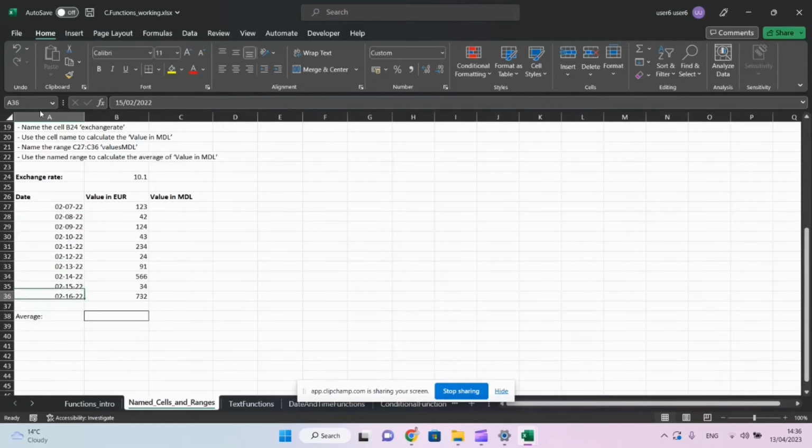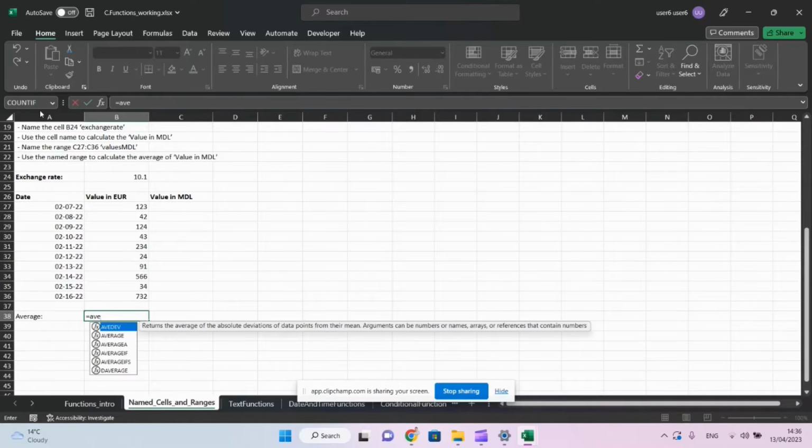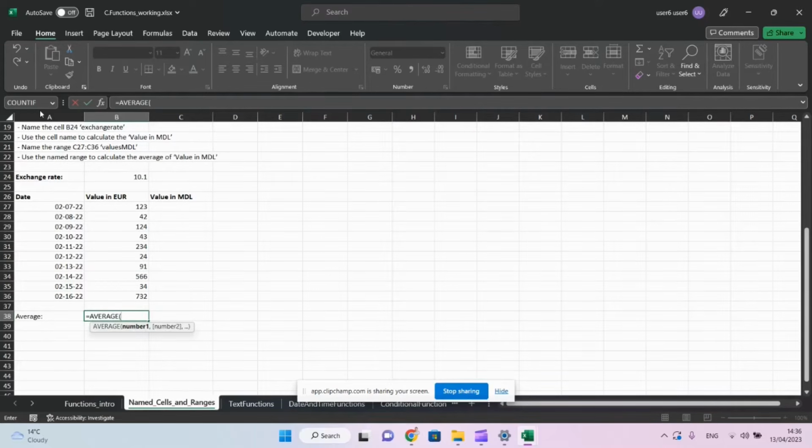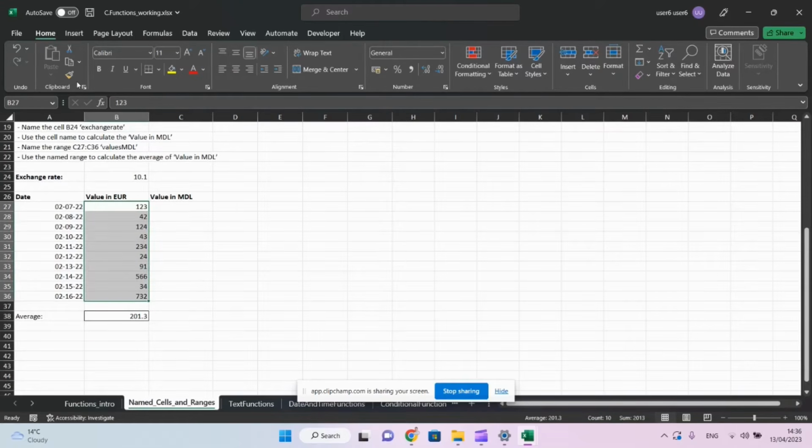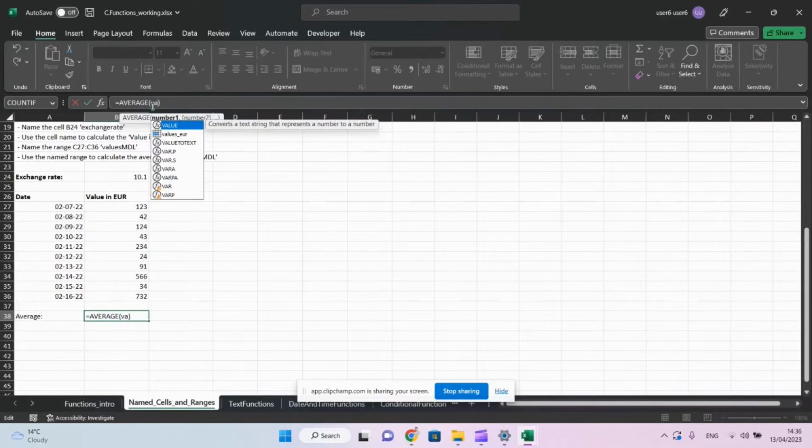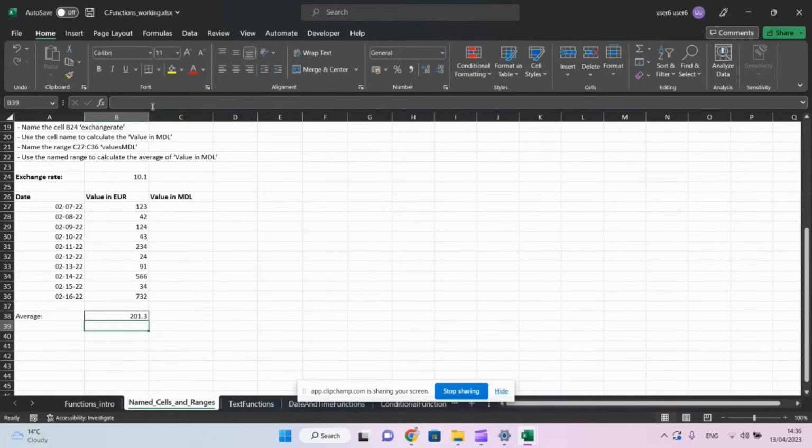But here we have another function we might be interested in, which is AVERAGE. We want to calculate the average, open brackets, or we could have done it like this, values euro, in which case we just type value 0. Okay,